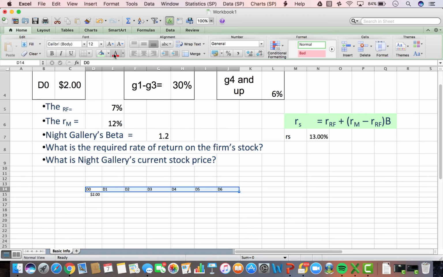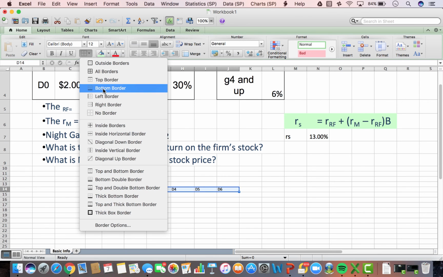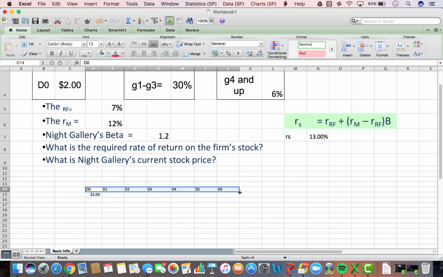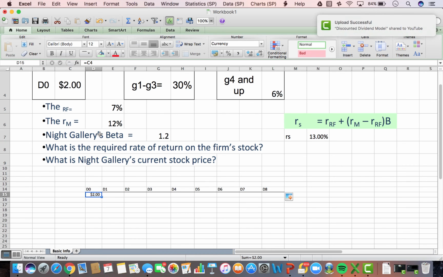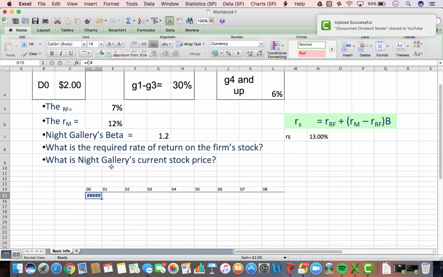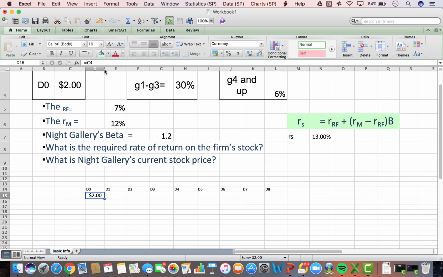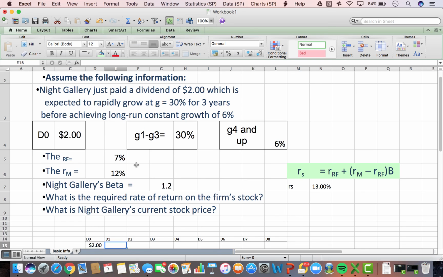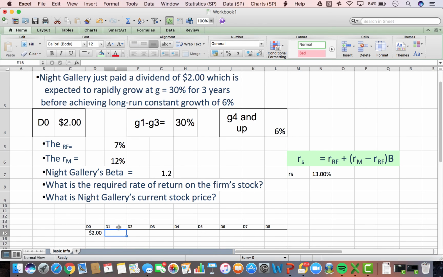Second thing I need to do now is start laying down my dividends. I have here a timeline with dividends all the way to dividend 6, but this could actually be dividend 7, 8, or 9. It doesn't really matter. All we know is that we have dividend number 0, that is $2. I'm going to make this a little bigger so we can see it. And we know that the dividend is going to grow from 0 to 1 at a rate of 30%. This is part of the information we're given. So I know that dividend 1 is going to be that times